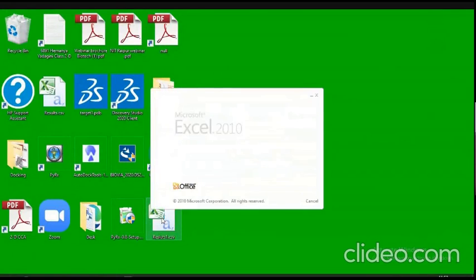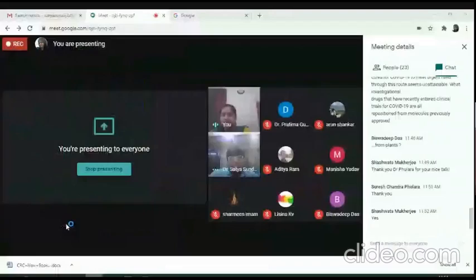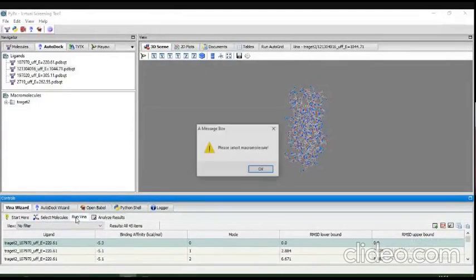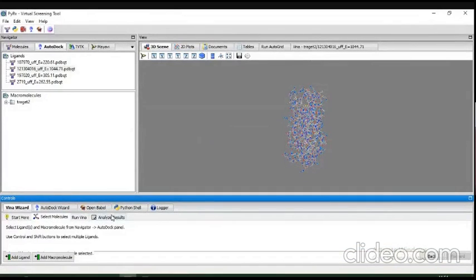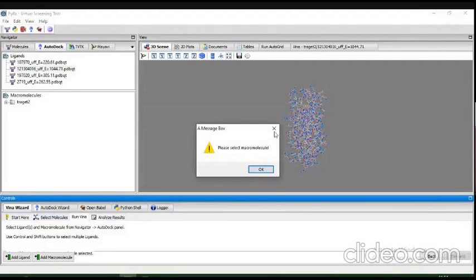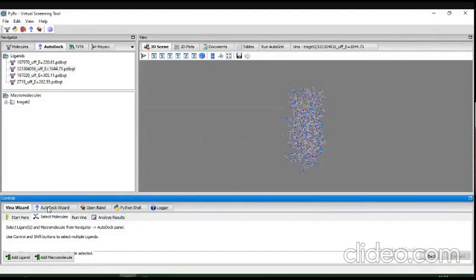So when we open that, we can see, and for every target Pyrex will generate results. If you run Vina here, again select molecule, it will ask like that: start here, select molecules, run Vina. The Autodock wizard here is showing progress.